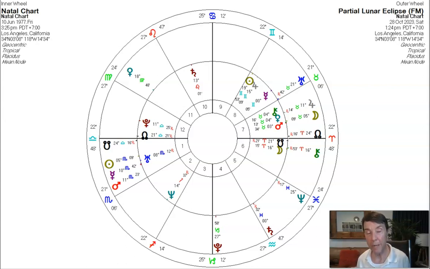Mercury's very much about the communication side of things. So maybe there might be something to do with people sitting down and talking about a lot of stuff that they don't generally talk about deep down. Mars is always going to be about your bravery, again in Scorpio. You have to be brave enough to do this.